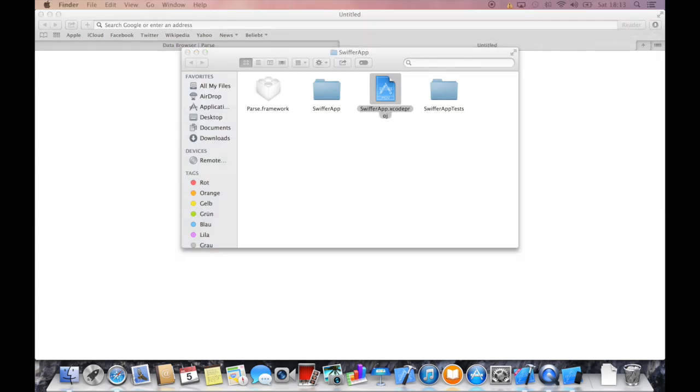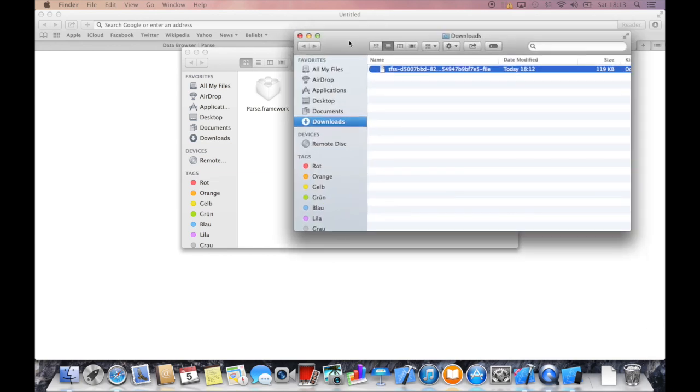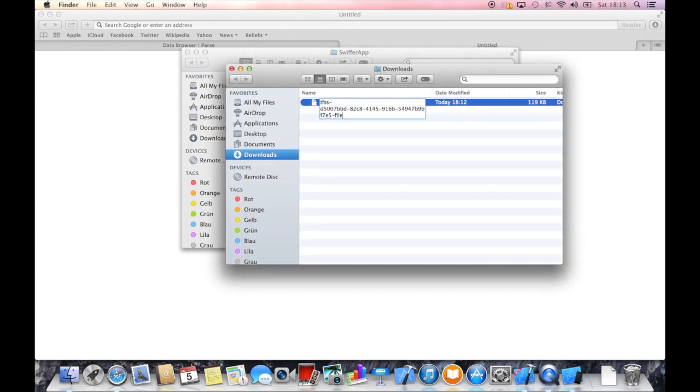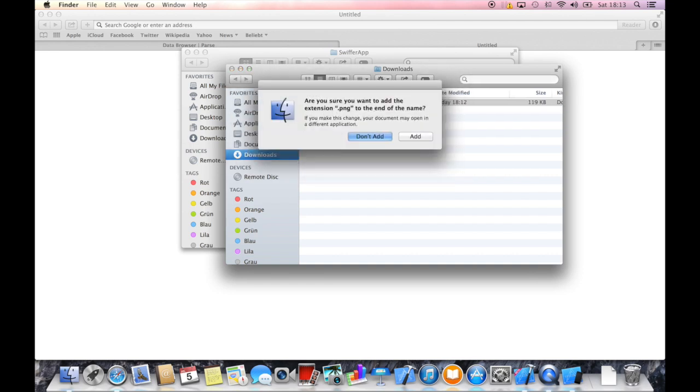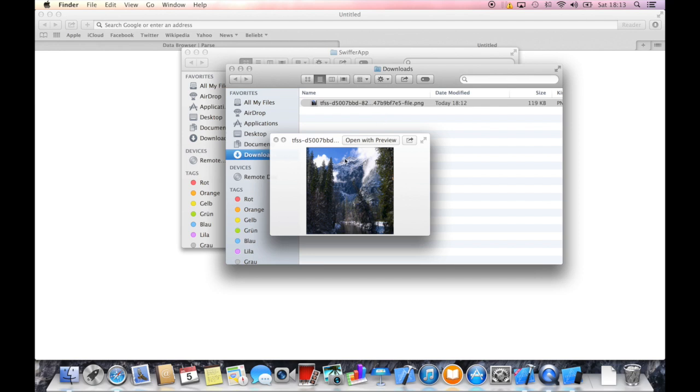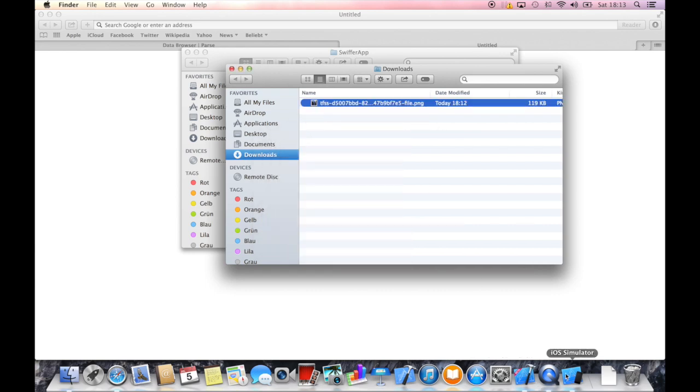Because we have not entered a file name, the file looks something like that. But as soon as we add a .png and say add, you see that we have this nice image in the right aspect ratio, and we can use it now within our code to display